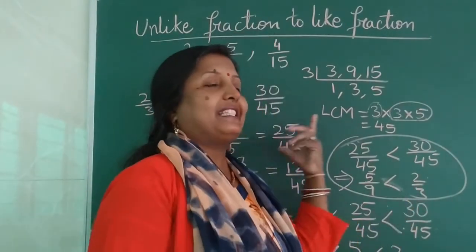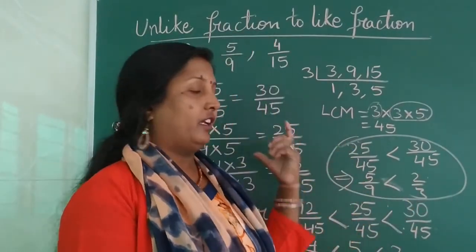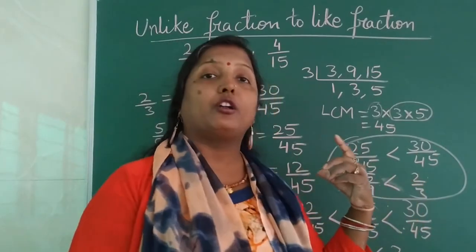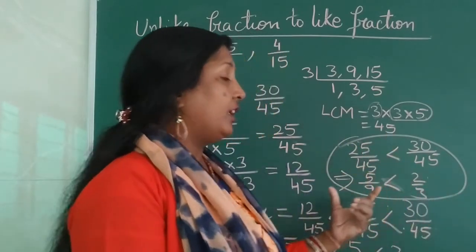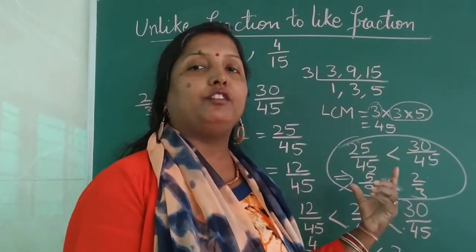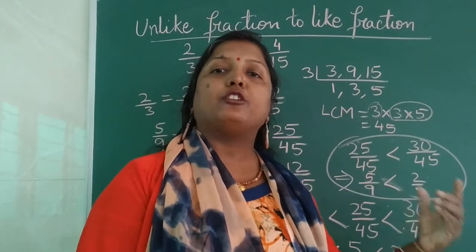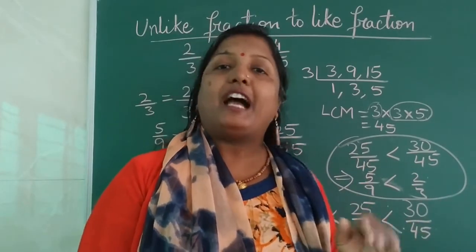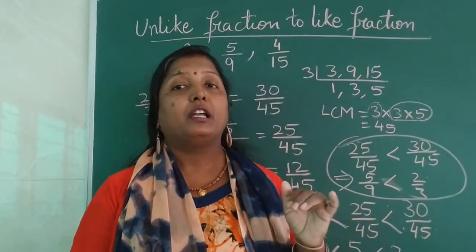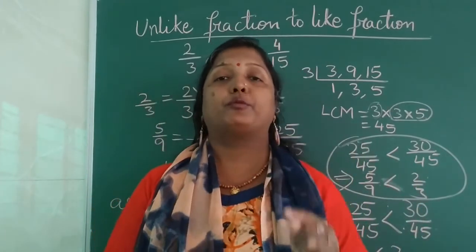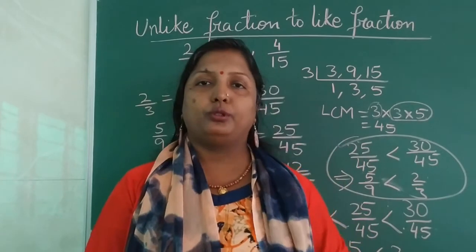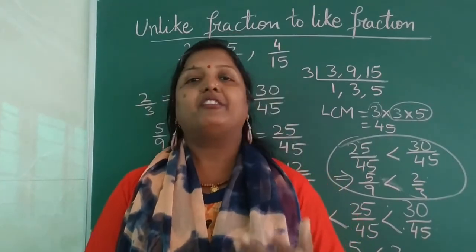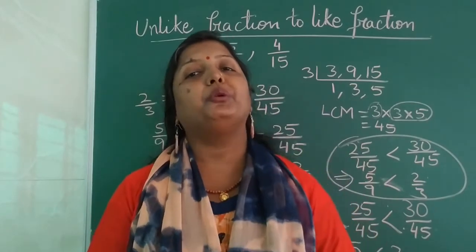So children, the same method is used for arranging in ascending and descending order. Even when you are arranging in ascending and descending order, if you don't put the greater than and less than signs and you simply put commas, it is also okay. So it's not hard and fast that you have to put those greater than and smaller than signs, or you have to put commas. It's up to you. Just you should know when it is ascending, you go from small to big. When it is descending, you go from big to small.